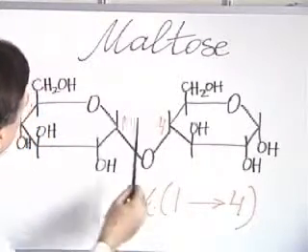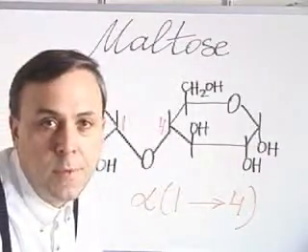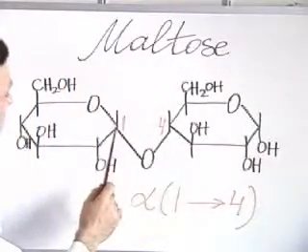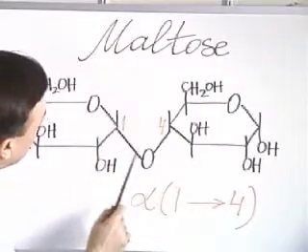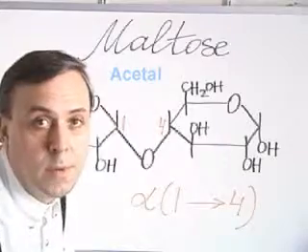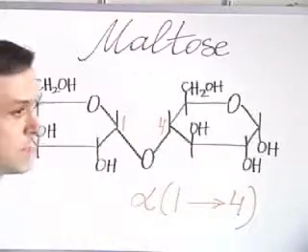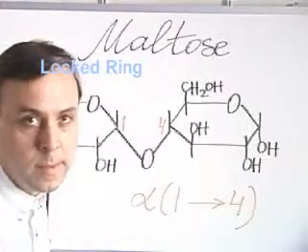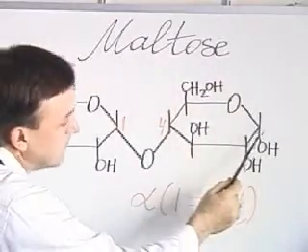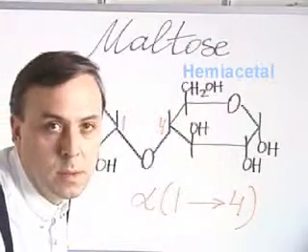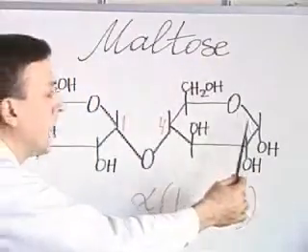First of all, the left structure is no more a hemiacetal. Recall what the definition of hemiacetal is. Carbon atom number 1 is not connected anymore to an OH group. This, in fact, already is an acetal function. Therefore, this ring cannot be opened. It is said that this ring is locked. On the other hand, the structure on the right can be opened because this still is a hemiacetal. The conclusion is that maltose is a reducing sugar because there's a ring that can be opened and it can